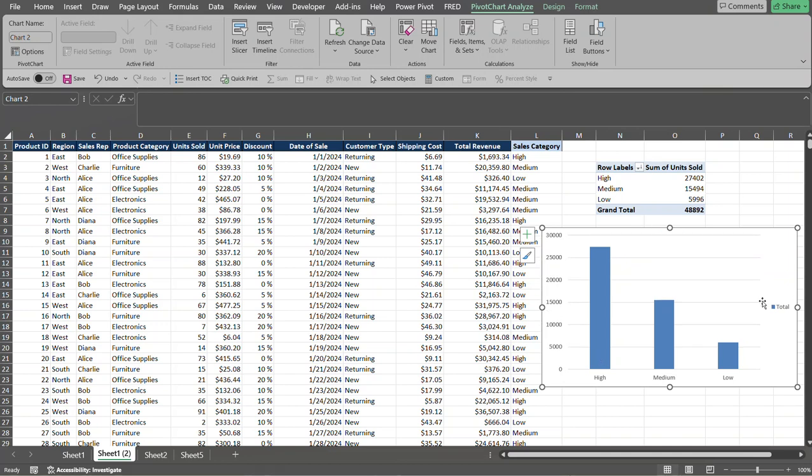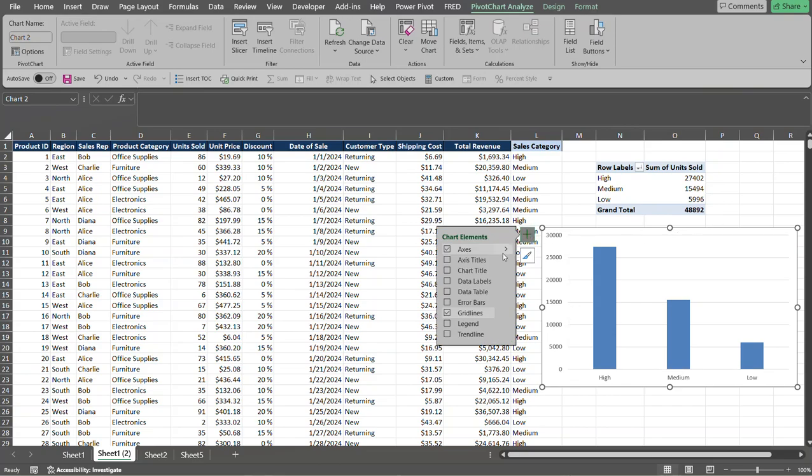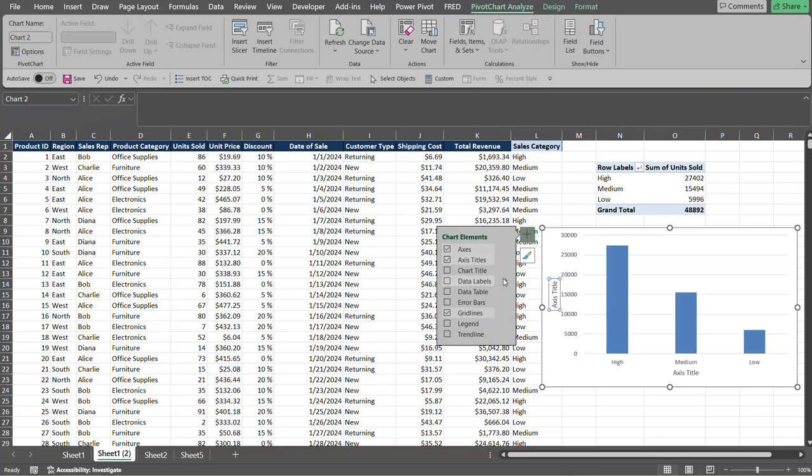And now let's also get rid of the legend. Select it, press the delete key, and let's put some axis titles over here. So let's go ahead and select the chart, and you've got this plus sign over here, and we're going to add axis titles, and then we're just going to